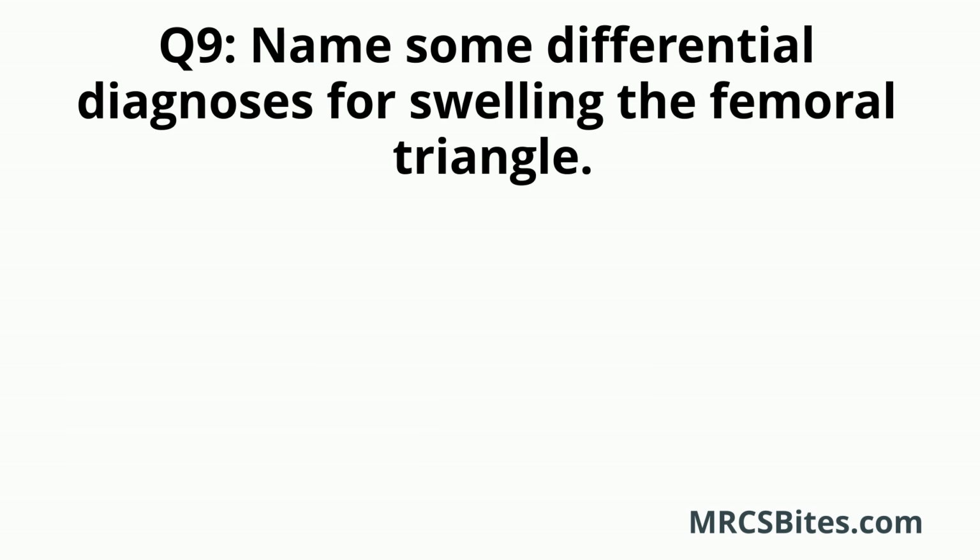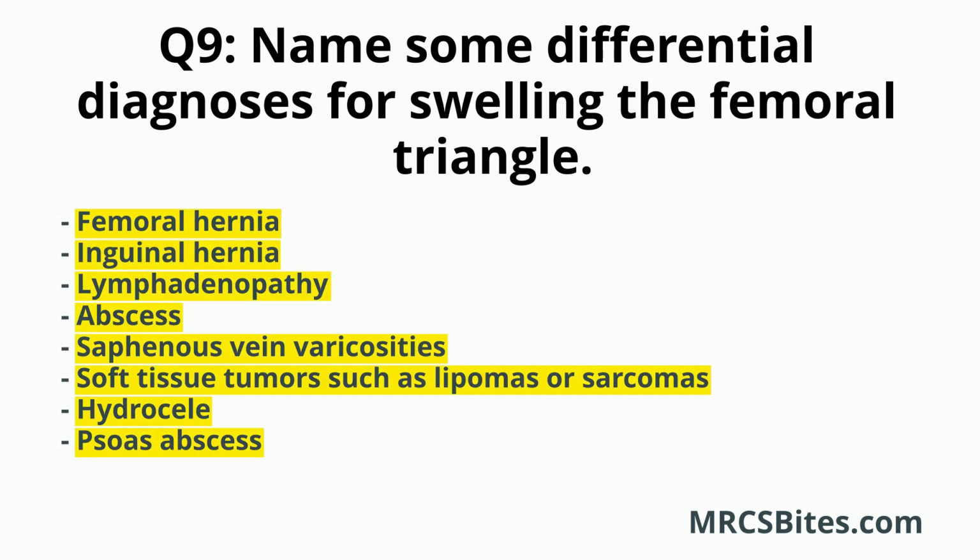Question 9. Name some differential diagnoses for swelling in the femoral triangle. Femoral hernia, inguinal hernia, lymphadenopathy, abscess, saphenous vein varicosities, soft tissue tumors such as lipomas or sarcomas, hydrocele, psoas abscess,